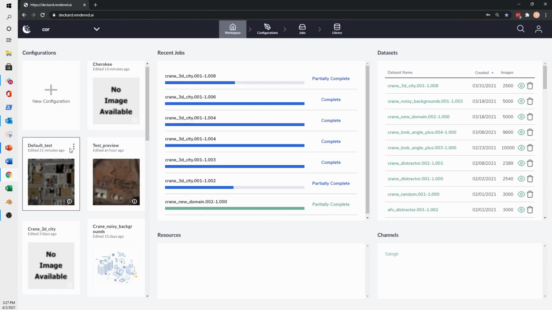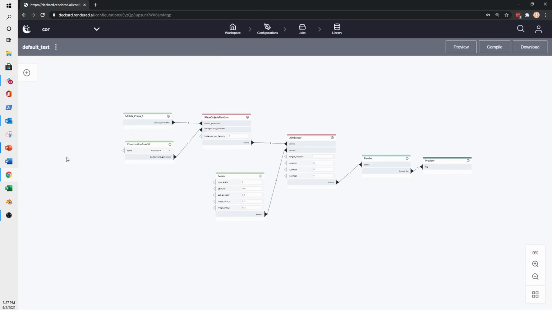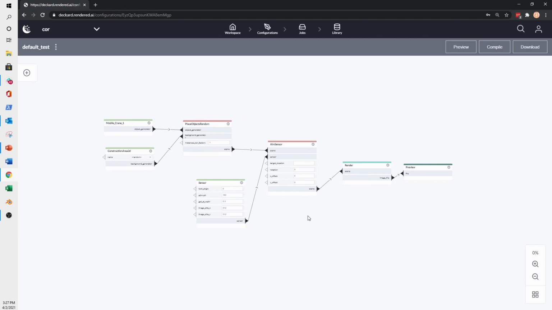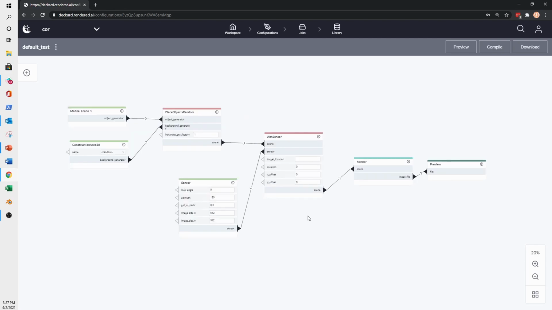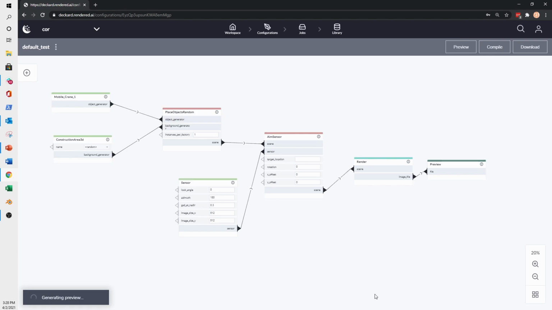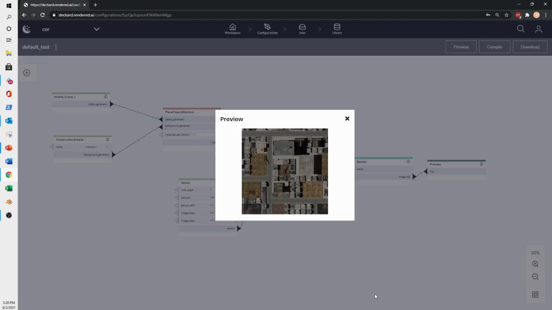But let's take a look at one of these graphs. This is a relatively simple one. It's actually about as simple as it gets. And in it, we're doing some overhead imagery simulation. We have a construction area. We're going to place some cranes in it and aim the sensor. So let's see what happens when we click the preview button. So now we've actually taken this graph, pushed it to the back end, and it's going to do a single job for us. And this is helpful just to say, like, is that what I wanted,